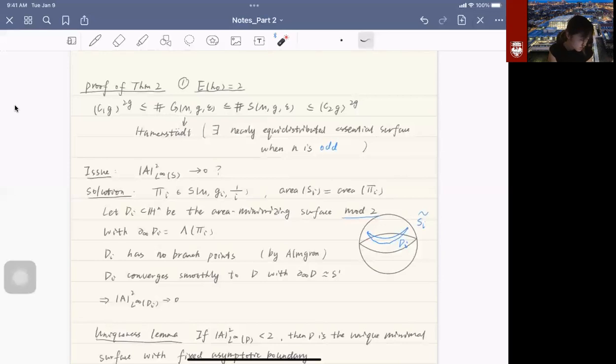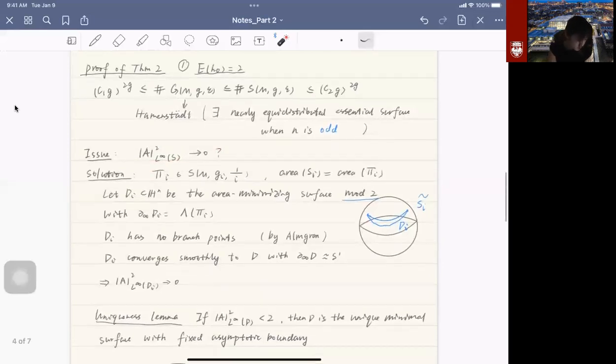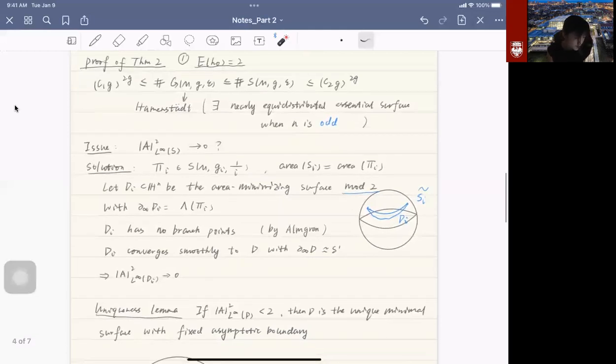So we don't have this result in this case, because when there exist some branch points, the second fundamental form blows up. And to deal with that,